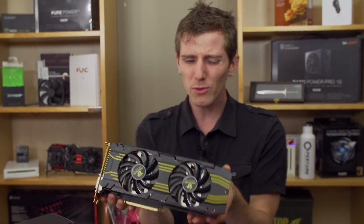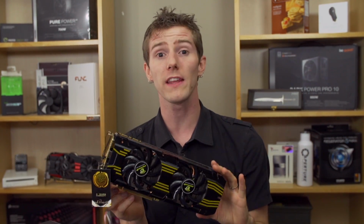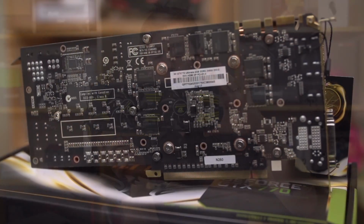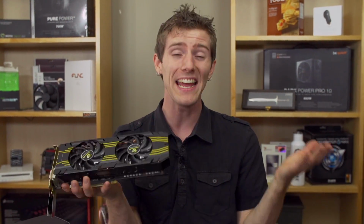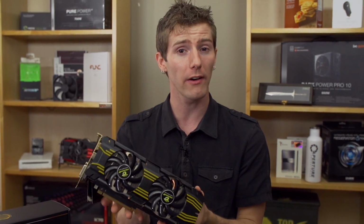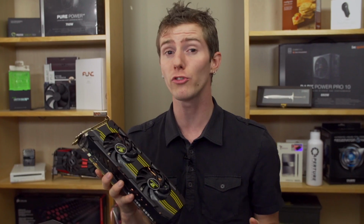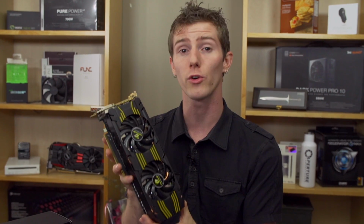Okay, so how does a graphics card manufacturer differentiate from the others? Number one is they can add more RAM. Manli has done that here. This is a 4 gig card. Number two is they can overclock the card. Manli has done that here as well. However, around here we believe in manual overclocking anyway, so we don't care too much about the clock speeds that cards ship at, but what we do care about, particularly on GPU Boost 2.0 cards, which rely on the temperature of the graphics card in order to keep the clocks high, is cooling, so they can put